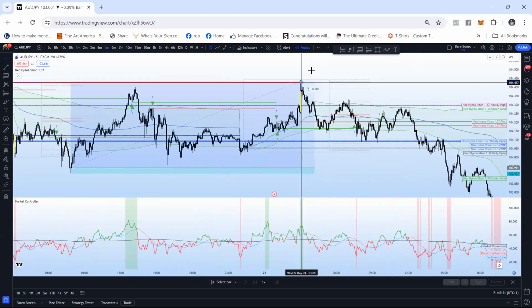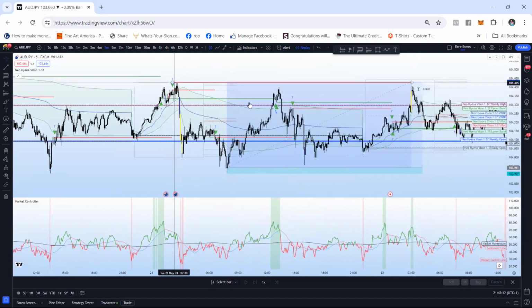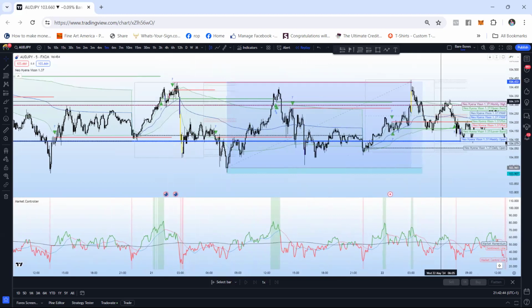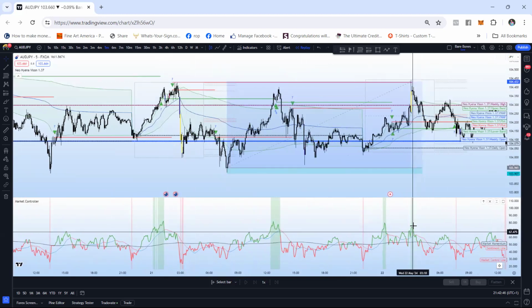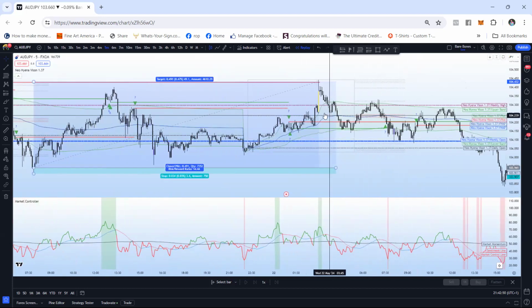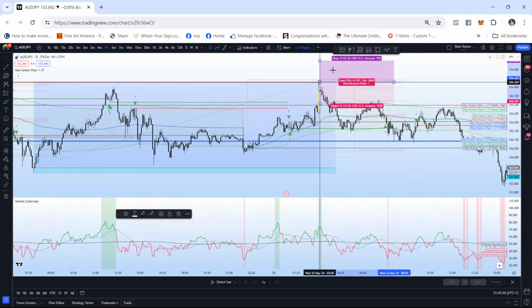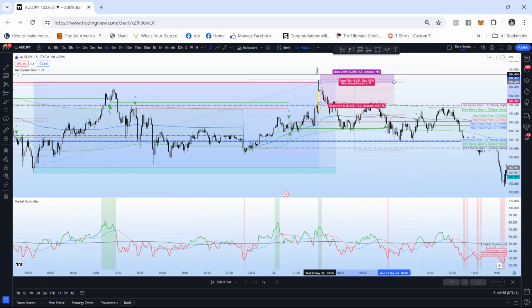Okay. And as we can see here, as soon as it took out that high, the retail herd was excited, right? We could have taken that as a sneaky entry because why? It was at Asian high. That's a super relevant pricing level. Then you had the market controller change colors, right? And then you could have run that. So retail traders were buying, right? They were buying. Exactly. And then that's when you take the sell,